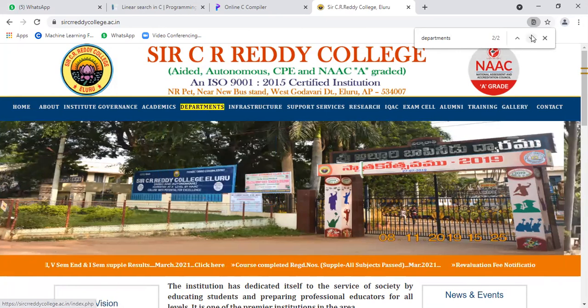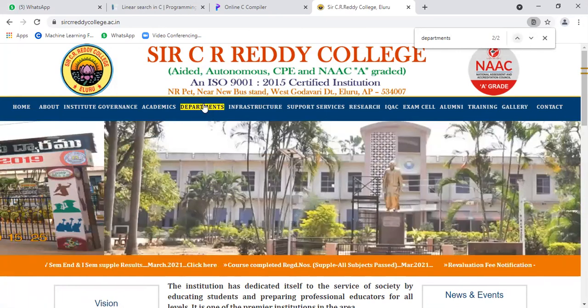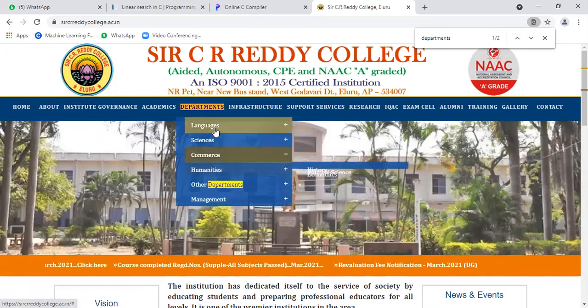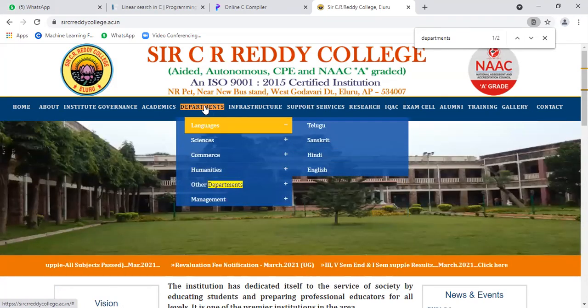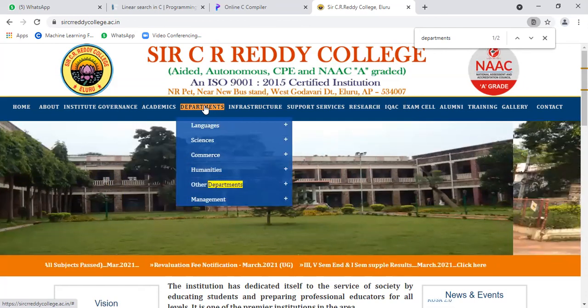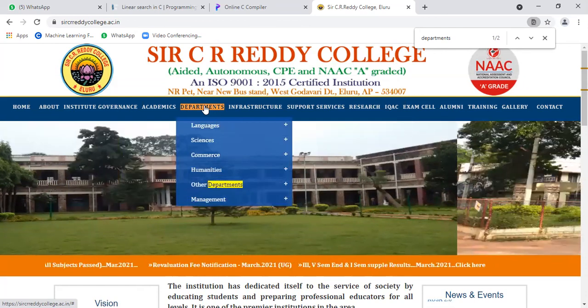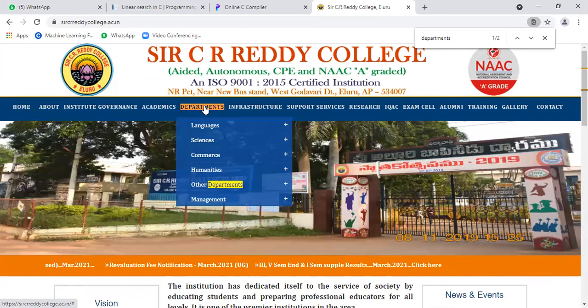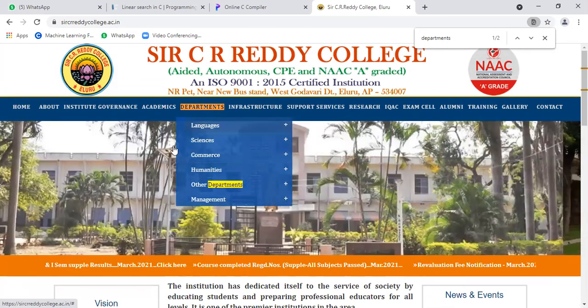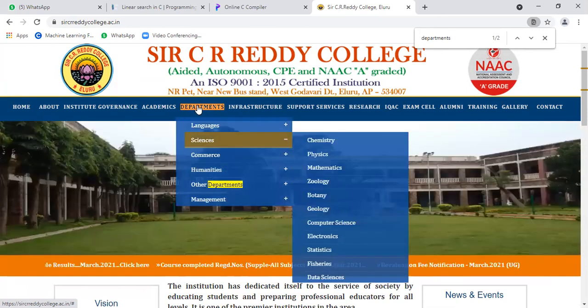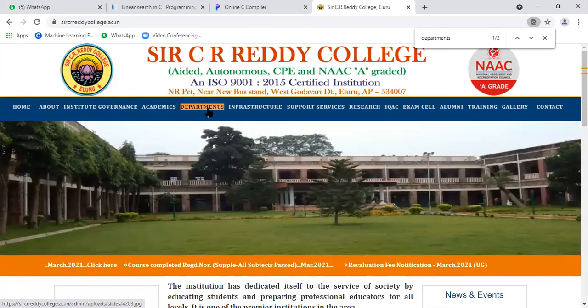It is highlighting departments and departments, two places where the word is present. That means it is showing the result, or showing the item where it was designed and where it was stored. The department word is present at this position. That means by highlighting the letters, it is showing us the result.